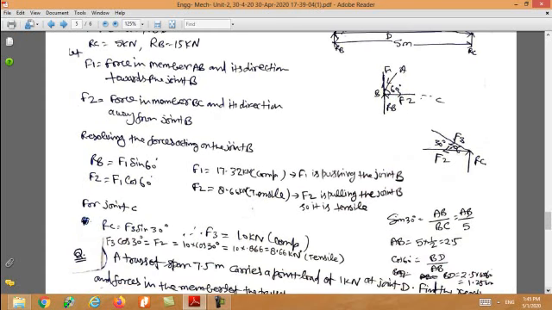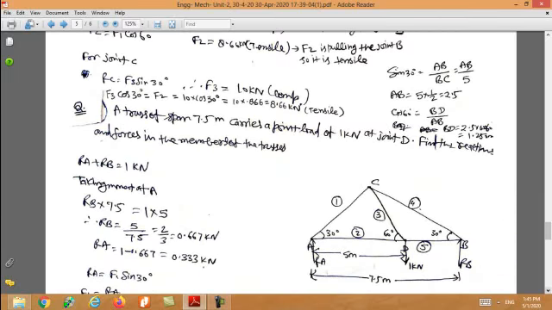So again for joint C, what are you seeing in joint C? Three members are joining here. F2 is tensile, F3 is compressive, and the direction of RC is upward. So resolve this F3, and after resolving, RC is equal to F3 sin 30 and F3 cos theta is equal to F2. Okay, so it comes positive, so it means there is no change of the direction which you have taken randomly. Is it?